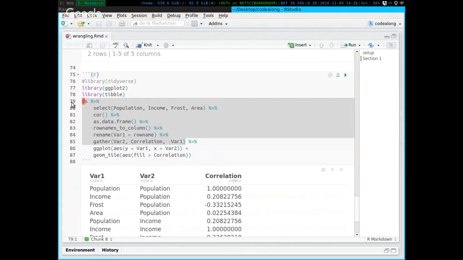Now, I'm going to be creating a heat map, and the heat map is composed of the x axis and the y axis of each of the var1 and var2, with the inside of the heat map being the values, right? So I say the y axis would be var1, the x axis would be var2, and then the inside will be the correlation. So geom_tile is the command that you use for making heat maps. So then if you eventually run this,